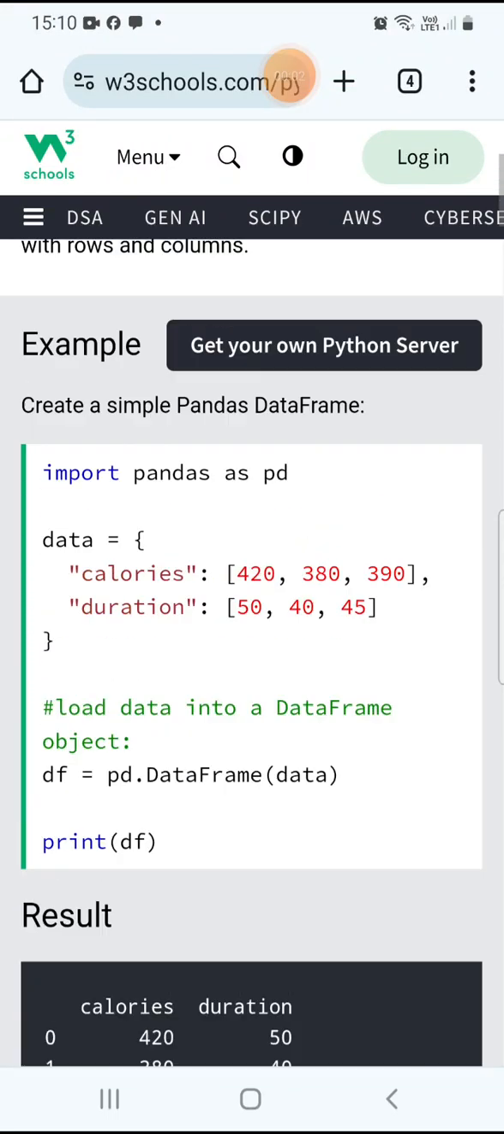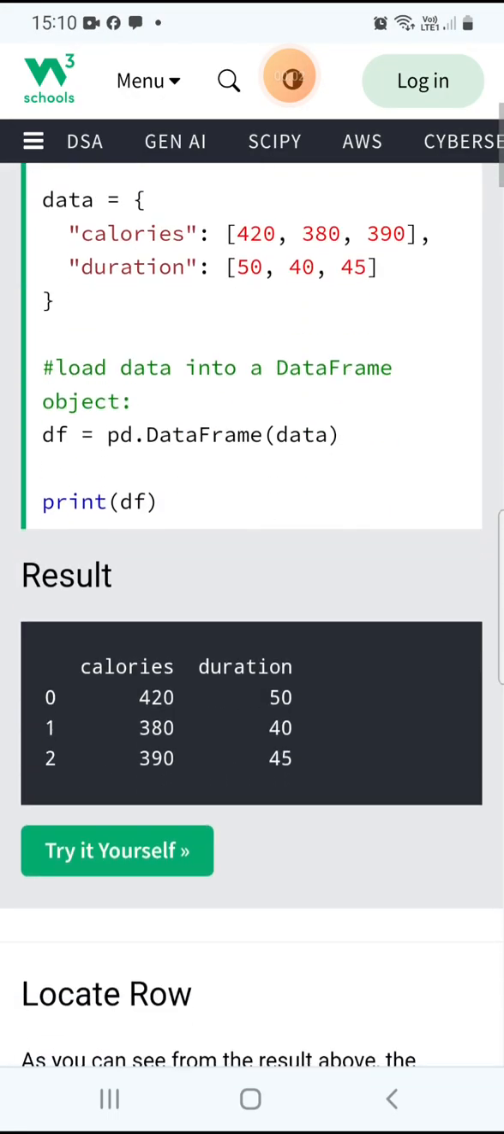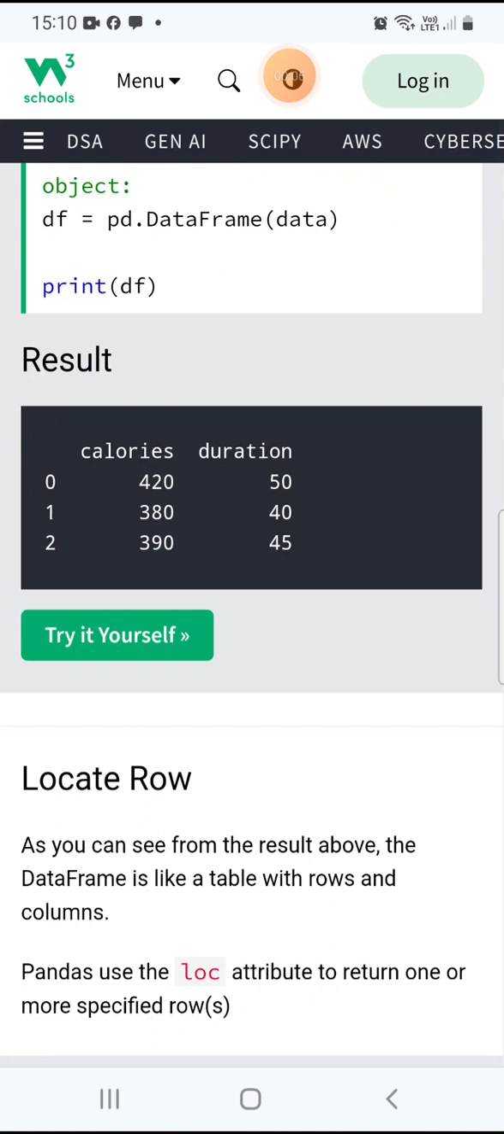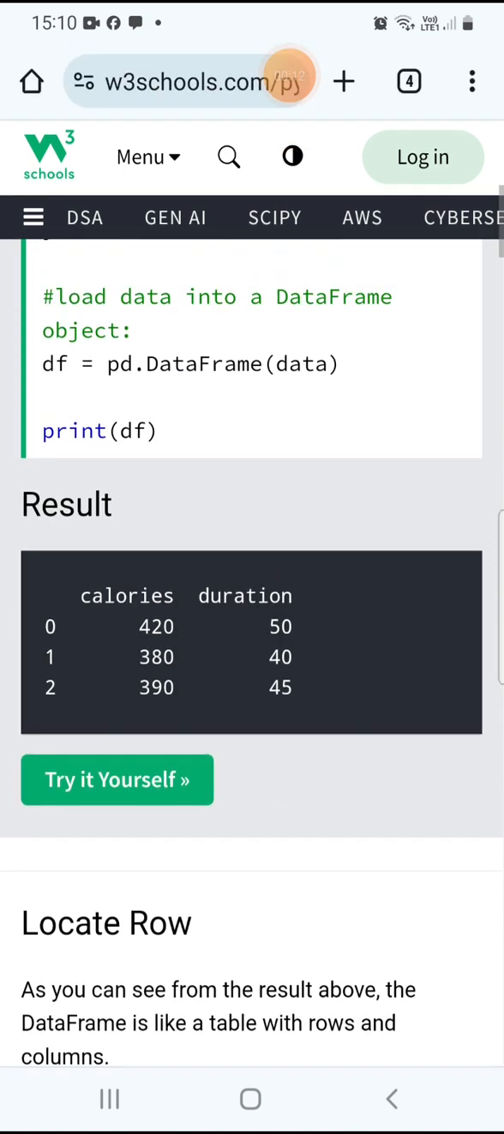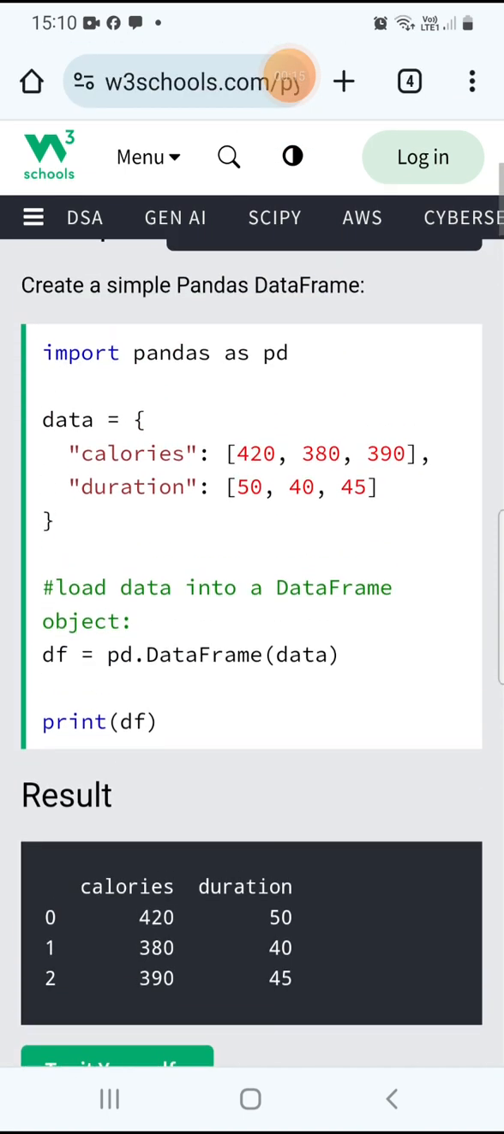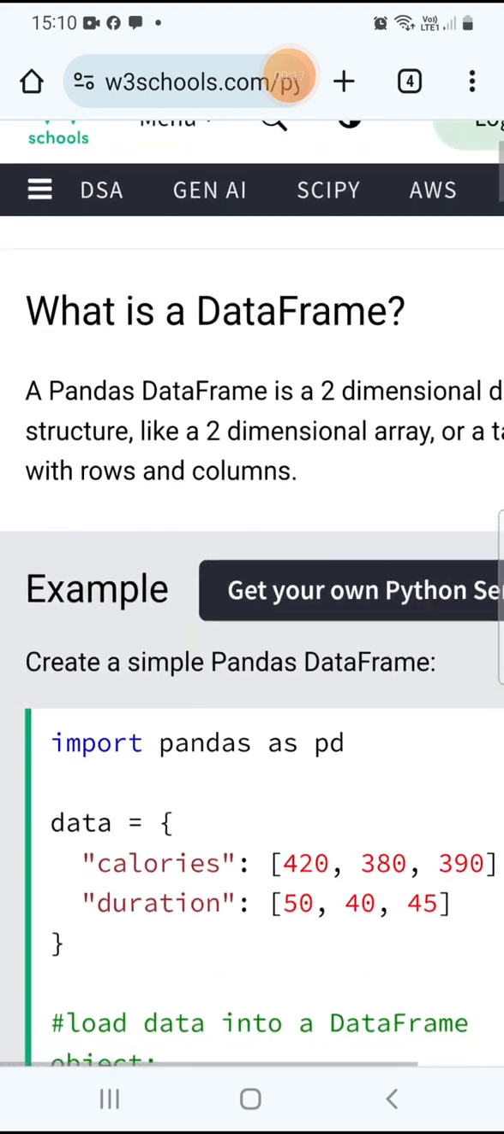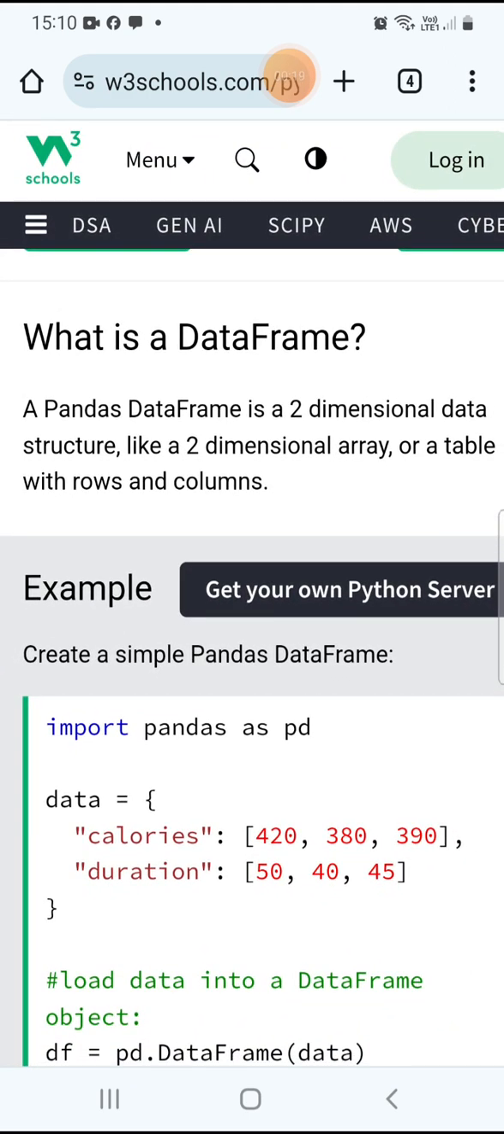Okay, in today's class, we will discuss how to locate rows in a data frame. In the previous class, I told you what a data frame is. As I told you, the data frame is a two-dimensional data structure. Two-dimensional data structure means